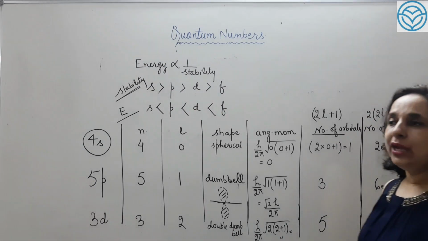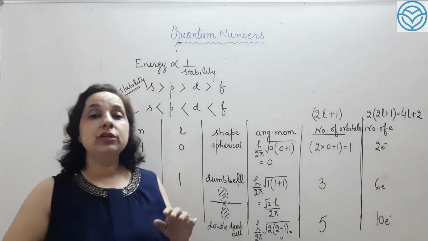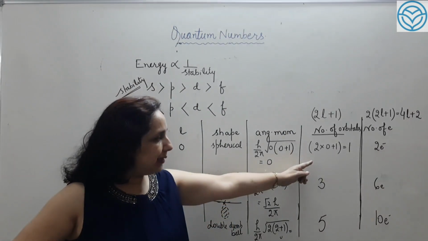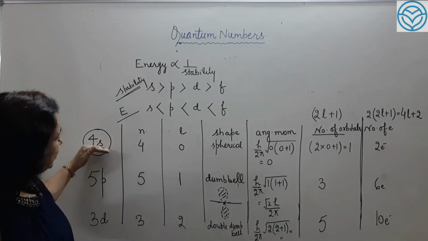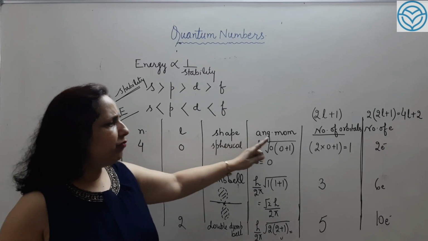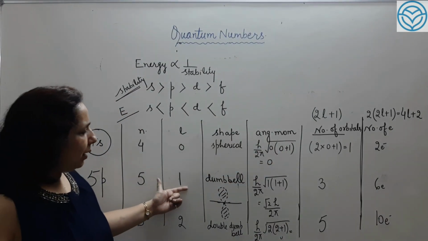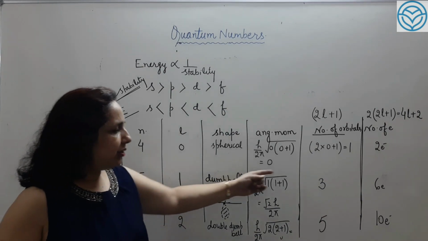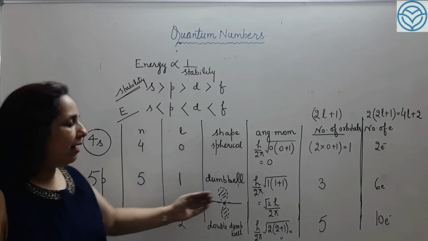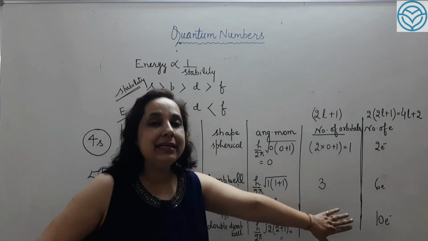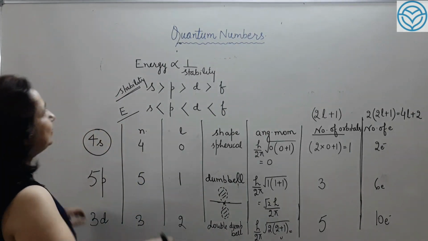This is all about your angular quantum number. A quantum number which is going to tell about the rooms, how many beds are there, how many electrons can be there in a room. It means the S room is always going to be a small room with 1 bed, 2 electrons. The P room is always going to be a bigger room with 3 beds, 6 electrons. The D room is going to have 5 orientations, 10 electrons, or we can say 5 orbitals and 10 electrons.